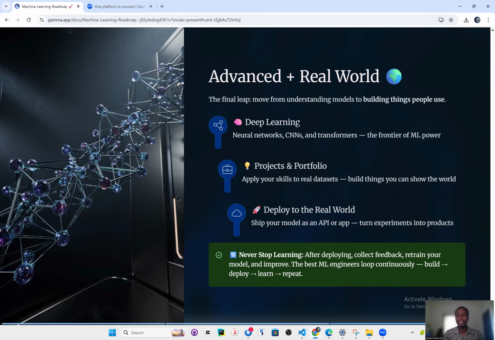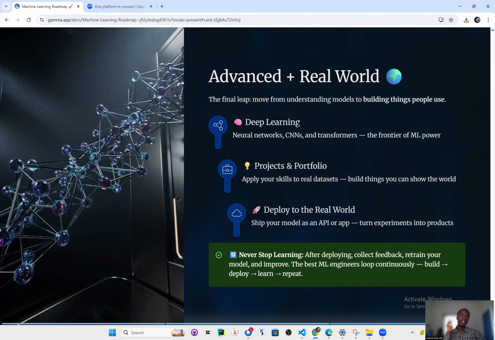You can build things you can show the world. Just get into action, start doing a lot of things, and deploy it to the real world, of course, because you can't just train and leave it on your terminal, in your code base, or maybe in your IDE, integrated development environment. We need to push it out to a Git repository, push it out to Kubernetes and other cloud software where we can launch our expertise on what we've built.